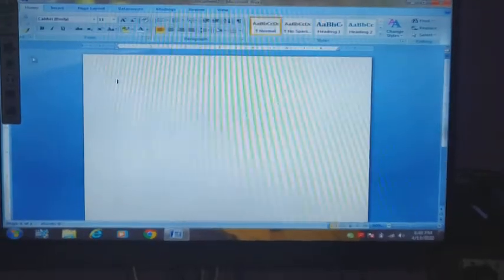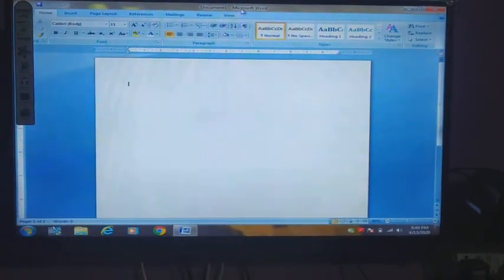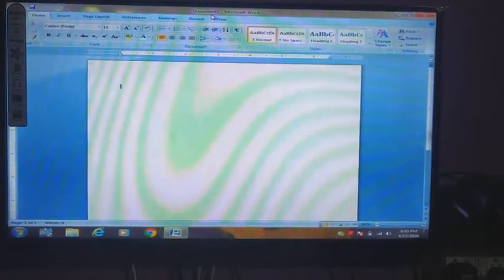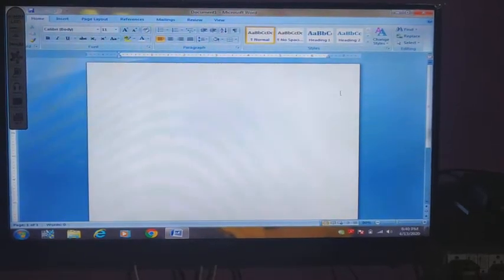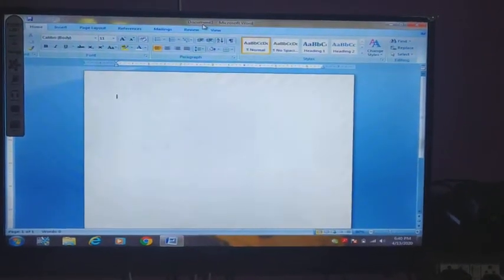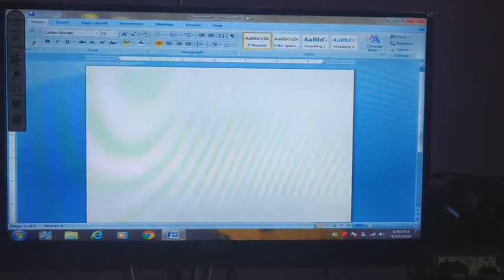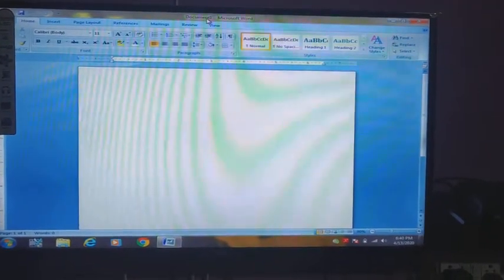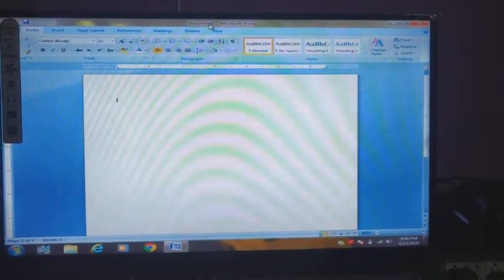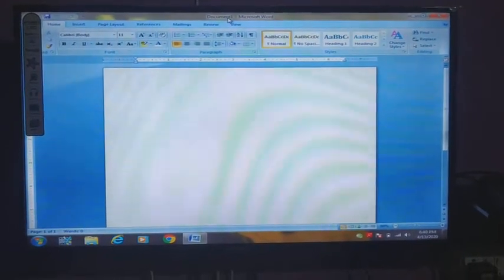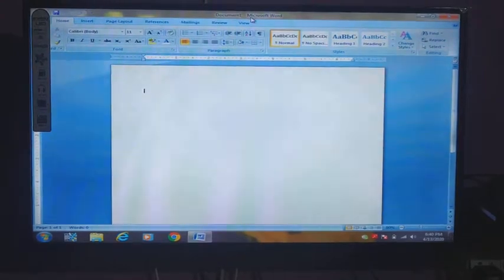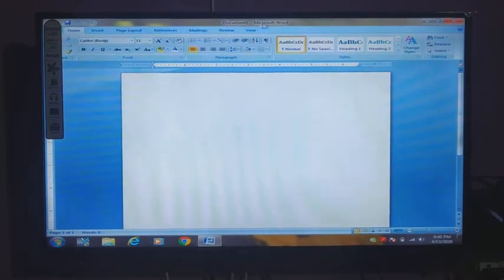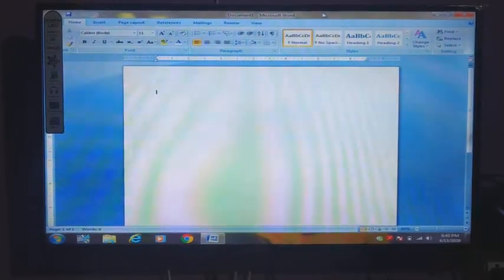Please students, see, as I open the file, there is a name coming, Document 1. This name is given by this Microsoft Word software. As you open the file, the software gives it the name Document 1. And this bar is your title bar. The title bar displays the name of the current document followed by the application name. Application name means software name. Here the software name is Microsoft Word. Document 1 Microsoft Word. This is the title bar of the MS Word screen.